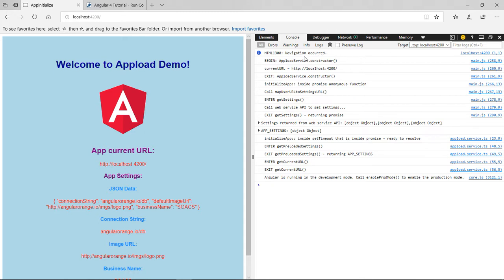Okay. So the app service constructor happened. I logged the URL. I exited the constructor, and now I'm in the Initialize App. Okay. I'm inside the promise anonymous function. I call map user URL to settings URL. I enter the get settings. I call the web service API to get the settings, and